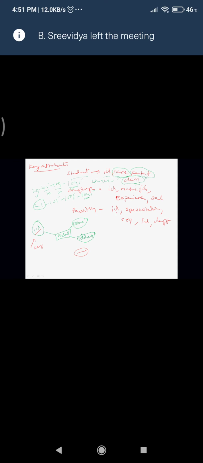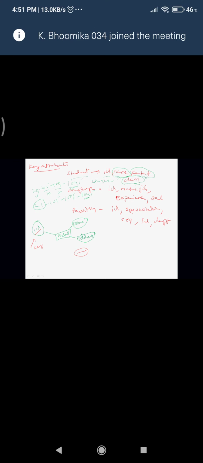Now the faculty ID. Specialization can be changed. Today I may go for RDBMS, tomorrow I will go for PHP, something like that. So specialization will be changing, experience will be changing, salary will depend upon my experience, so it is also not stable. Departments: today I'm working for commerce, tomorrow I go to work for computers, the day after tomorrow I work with the sociology department.